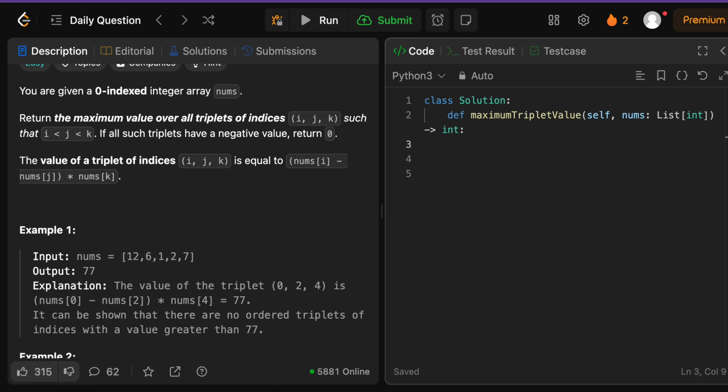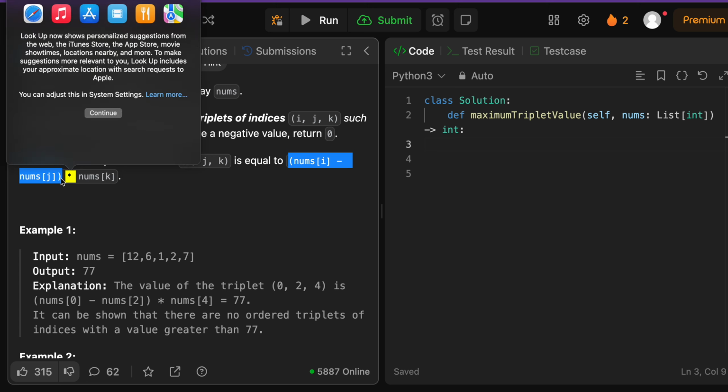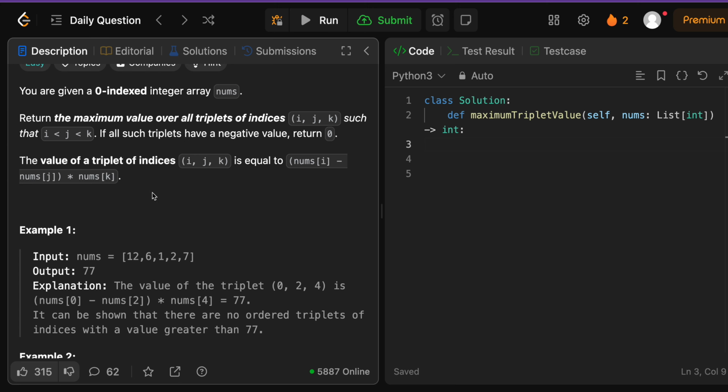So we're going to, again, keep track of three things, right? We're going to have the maximum prefix, if you will. That's just basically the maximum value. We're going to have the maximum difference because, of course, we want nums at i minus nums at j to have the largest value possible because we want to maximize our value. And we also want nums at k to be as large as possible as well. We're also going to have a maximum value that's going to hold the actual maximum triplet value that we find throughout all indices or iterations of our input array nums,